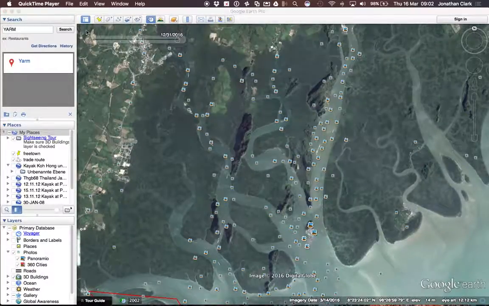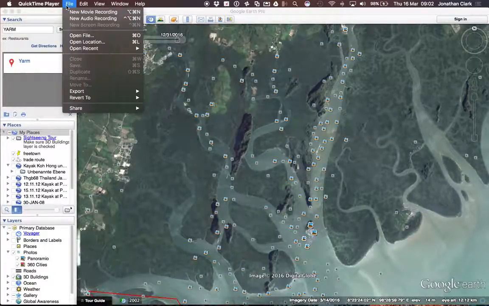Then when you've got the QuickTime Player loaded up, you'll see it up there. You might not see anything on the screen, but you'll see it up in the menu bar. It says QuickTime Player. You do File, New Screen Recording. Now, I can't do that at the minute because it's already recording this screen, but when you click that, what